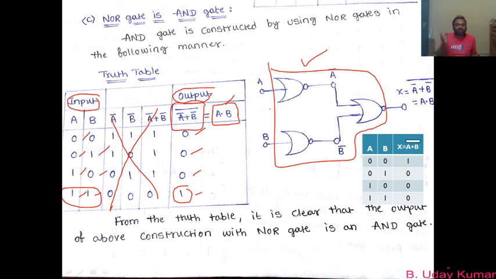So what is a universal logic gate? You know that it's a gate which is used to construct the basic gates, which are AND, OR and NOT gates. So what are the examples of universal logic gates? NAND and NOR gates are called universal logic gates because they are used to construct the basic gates. In today's video lesson, we tried to understand how NOR gates are used to construct OR, NOT and AND gates. This is one important question for your board examination. They may ask you to construct the basic gates by using either a NOR gate or a NAND gate. Whatever they may ask, you should be ready to answer it.